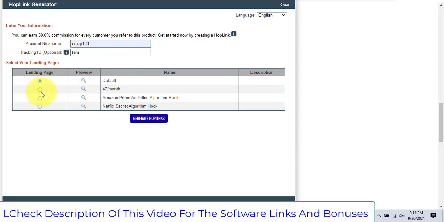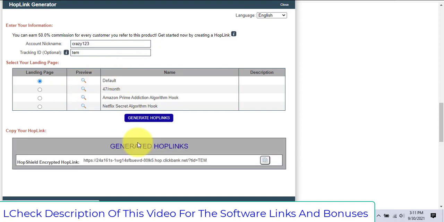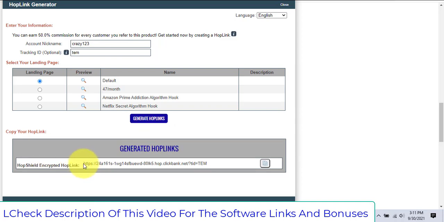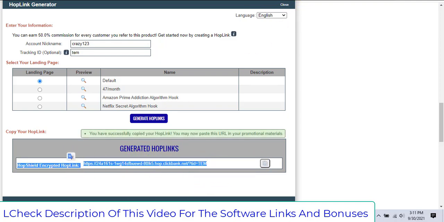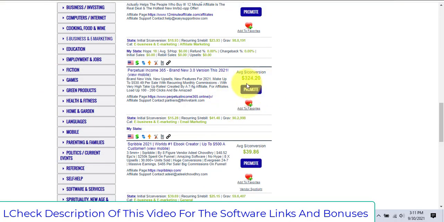If there is more than one landing page, always choose the default one, because the default one is the one which gets a lot of conversions. I found that out. Just click generate hop links and you'll get a link. This is the link that will get tracked back to you. That means for every sale that happens from this link, you'll make a commission of $324.